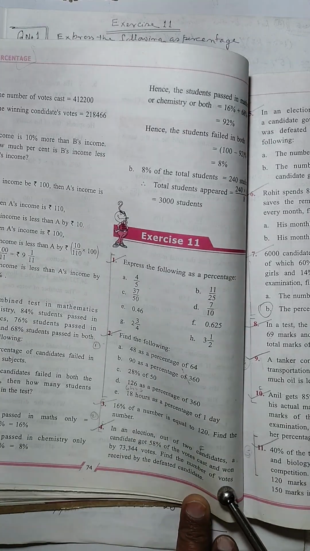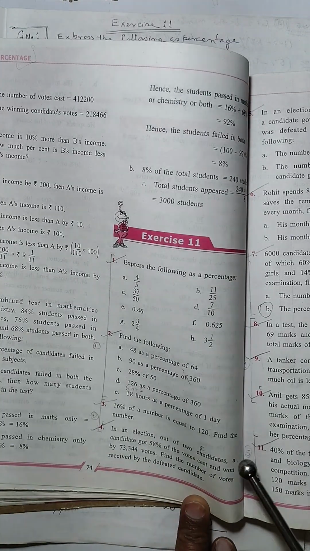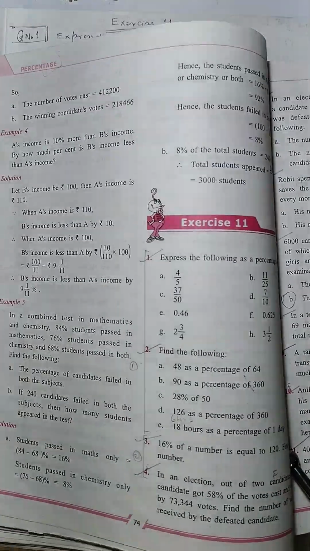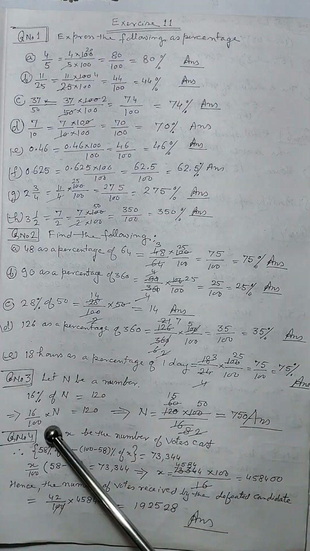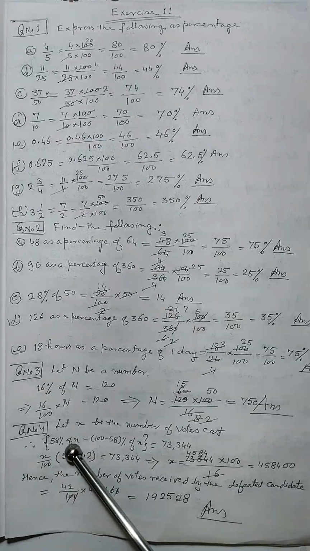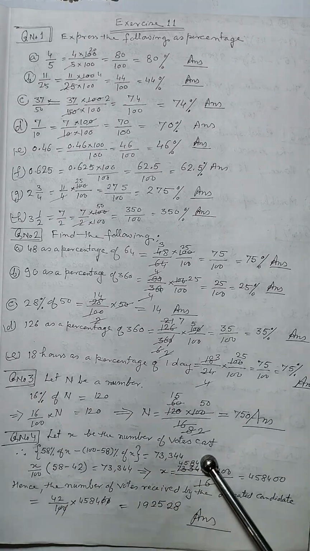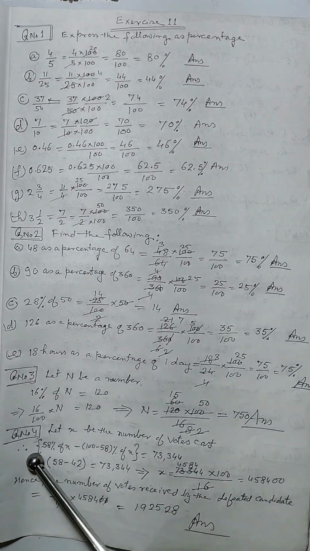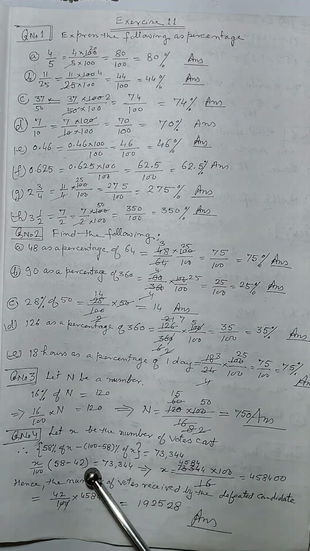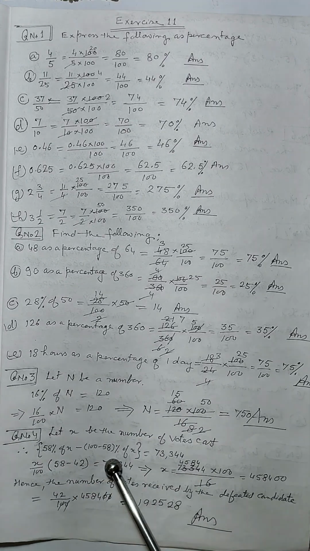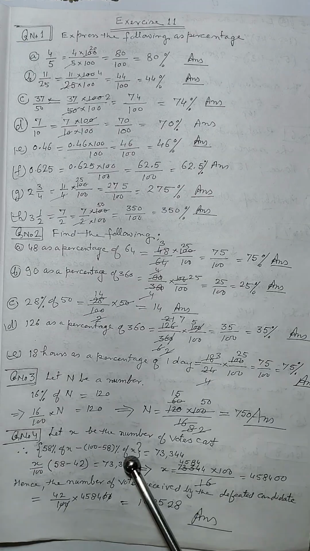Find the number of votes received by the defeated candidate. We have to find the number of votes received by the defeated candidate. So let X be the number of votes cast. So therefore the 58% of X minus, in bracket, 100 minus 58% of X